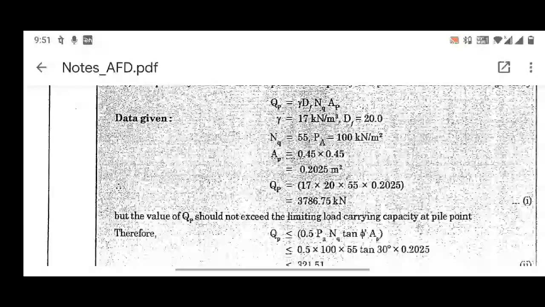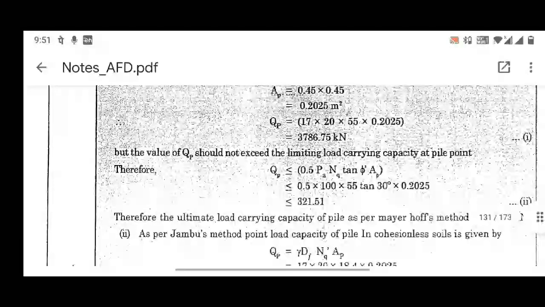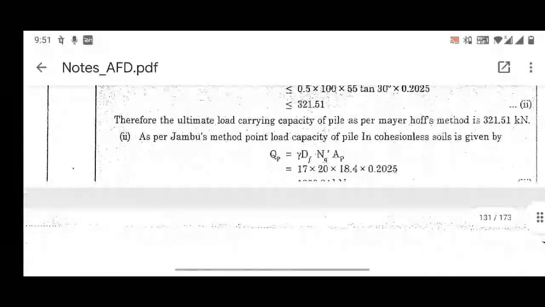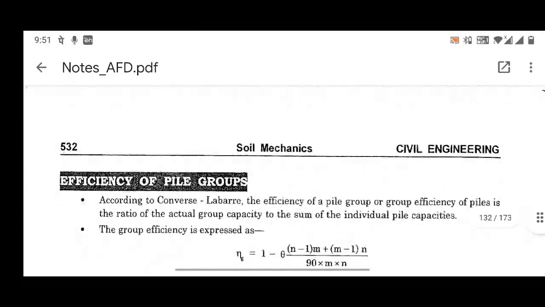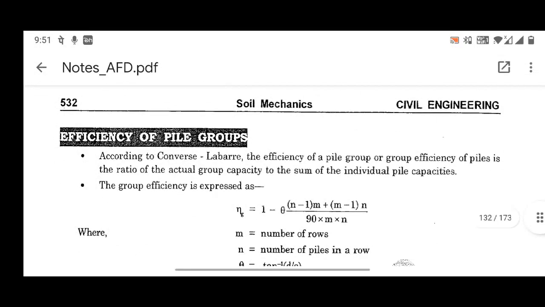So kindly try all these numericals on your own, and in case you have any doubt, please let me know. Yesterday, somebody asked me a question regarding friction, how the friction is coming. I don't know the name of the student because I haven't saved his name in my WhatsApp. The query was very simple, and please ask all queries, whether easy or difficult. Don't consider that the time is not okay to ask. You can even call me at any time, morning, evening, night, and I can easily tell everything we have discussed during class time.